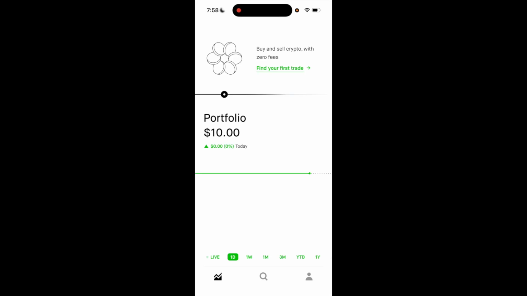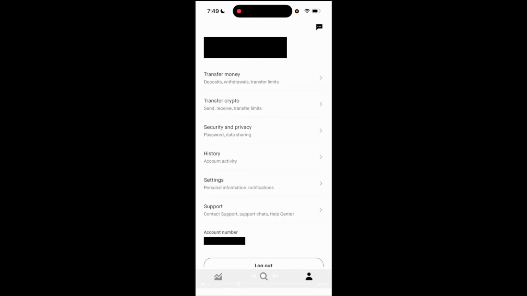So in this Robinhood tutorial video, I will be showing you how to edit the app appearance here on Robinhood. So once the app's opened up, go to the bottom right and select on the human or the profile icon. Once that is done, I want you to go down to where it says settings, located between history and support,